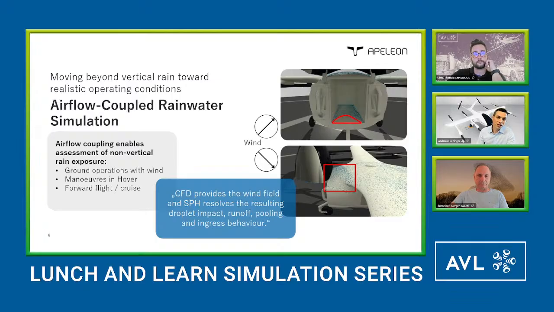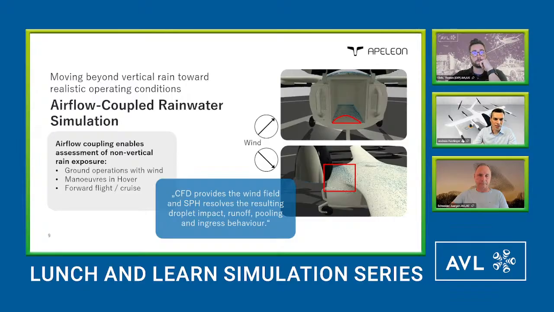We also wanted to investigate forward flight, so cruise flight. And here the situation changes, and the CFD provides the wind field, and the SPH analysis resolves the droplet impact, runoff, pooling, and everything